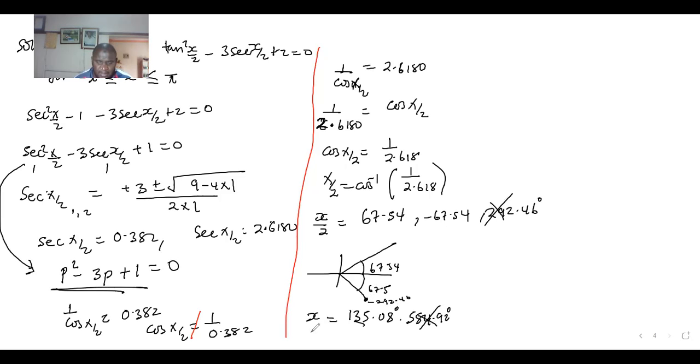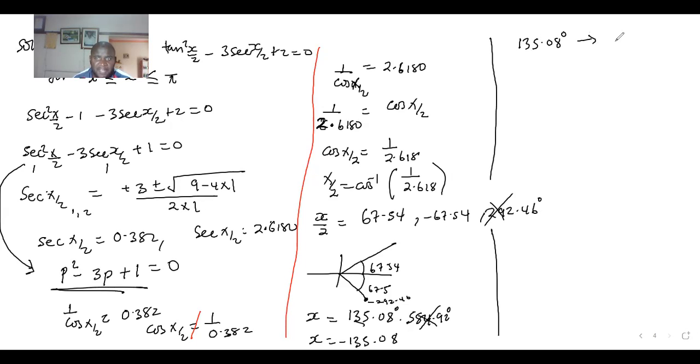Okay. Then you also have x is equal to negative 135.08. But now, those are the two only possible angles which are positive and negative. But the question gave the range in pi. So you have